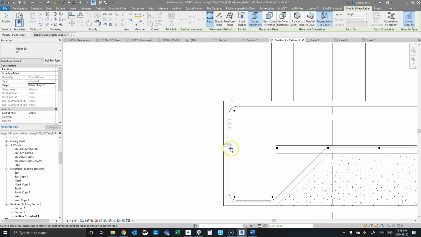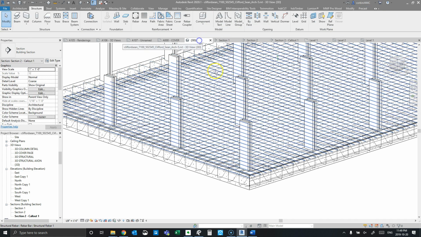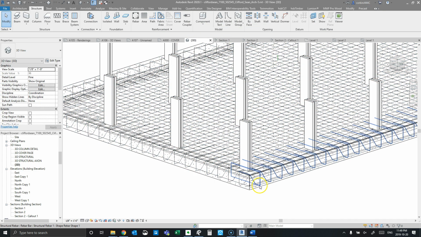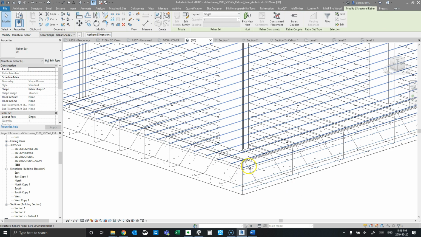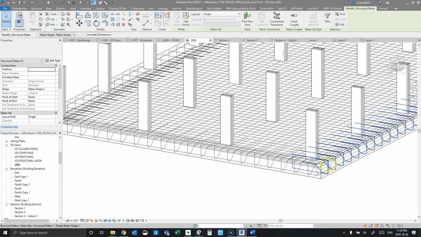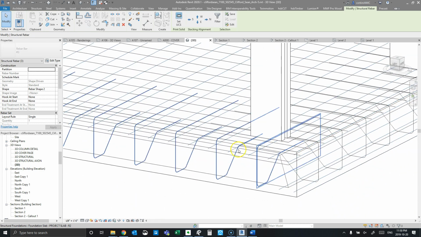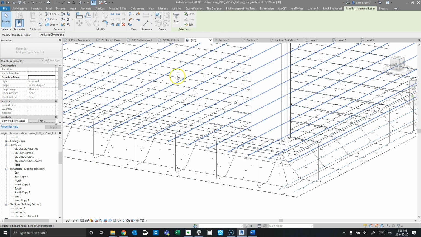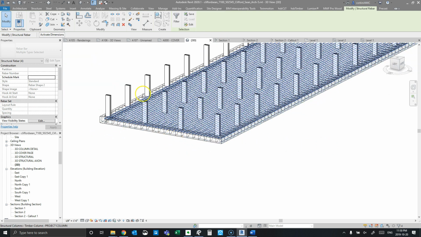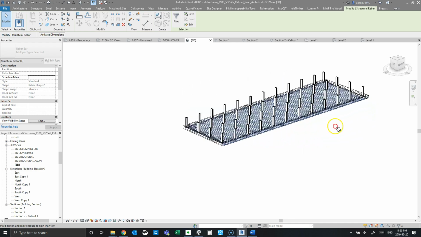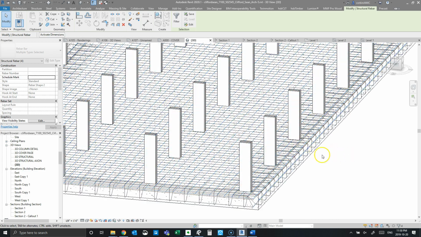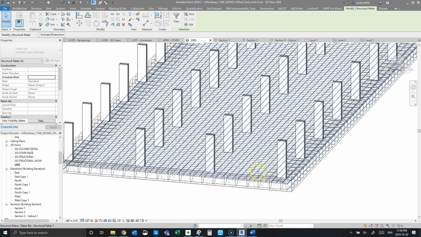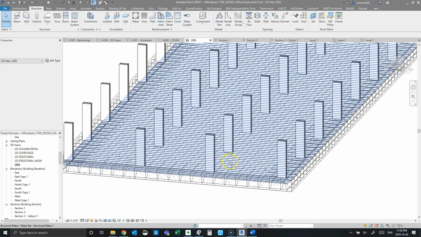We could probably place one in the middle, I guess, as well. And we go to look at it in 3D. We have these bars right there, and you'd want to do them for the rest of the sides going around. So that's how to do a floating slab style reinforcement system. The other thing I actually figured out with the area reinforcing,